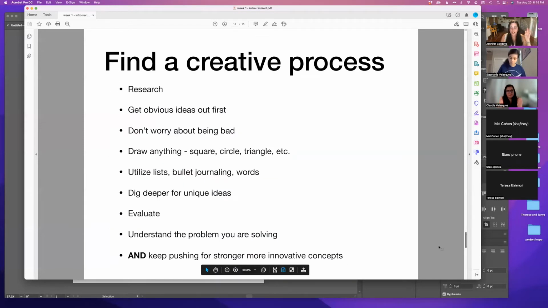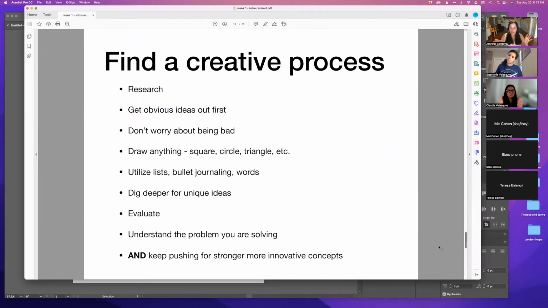All right, so find a creative process. This is pretty much how I start my creative process, but you can find your own, where I like to do research. Depending on what type of project it is, I like to see what the competition is, what else is out there. Just get a feel for the industry I'm working in. The cool thing about me working in a design studio is that I don't have one industry. I work for businesses in all different kinds of industries. So I might have something from ag, I might have something that's tech, I might have a restaurant.